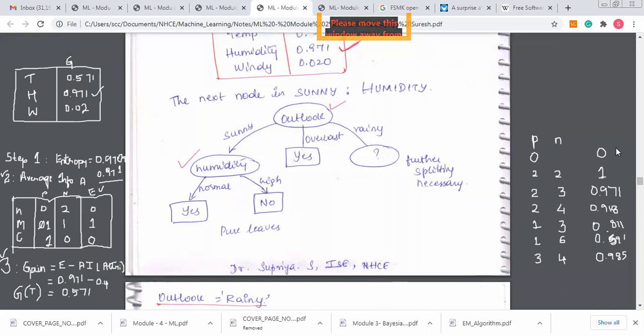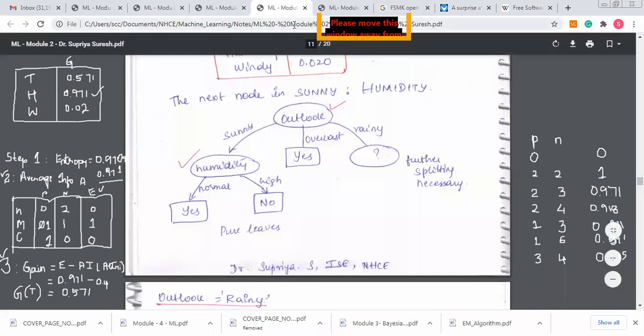When we get to know the entropies, calculating the average information is not difficult, because we are substituting the value of (P plus N) divided by (P plus N). That is, with respect to the attribute, either P of hot plus N of hot, divided by P plus N, into entropy of hot. So for the summation equation, when we get the values directly, it is very easy for us to go ahead. I hope it is helpful.